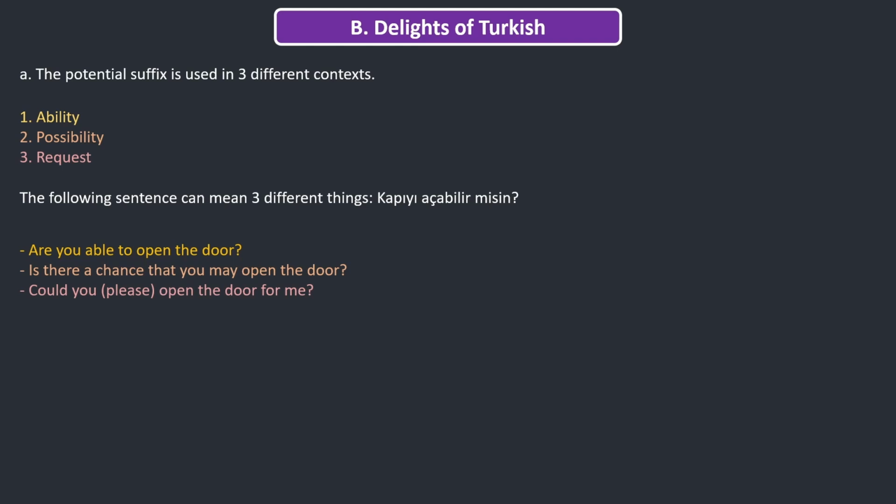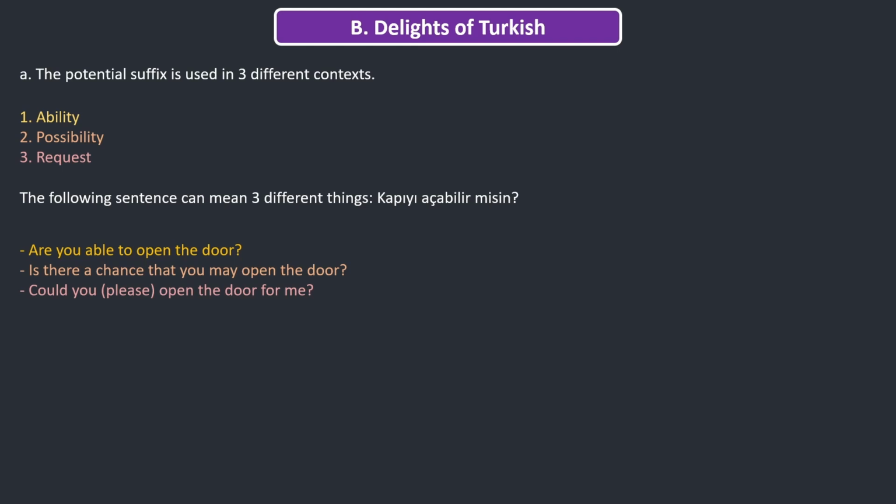So yeah, if we are talking about things we can do, maybe we are talking about your kid, who is a newborn, only a few months old or maybe a few years old, then you are saying, my son can already open the door. Oğlum kapıyı açabilir. Or, I don't know if you can do it, maybe you are busy, then I'm asking you, hey, açabilir misin?